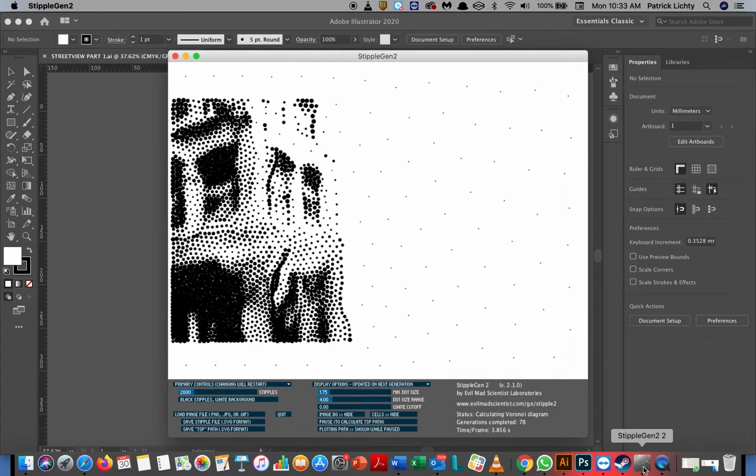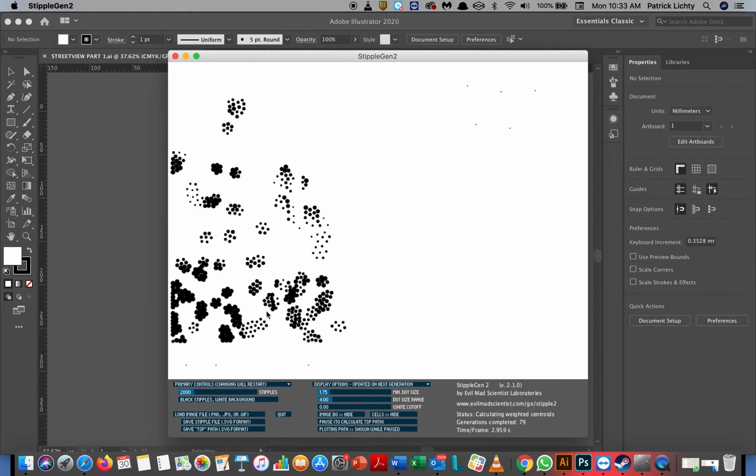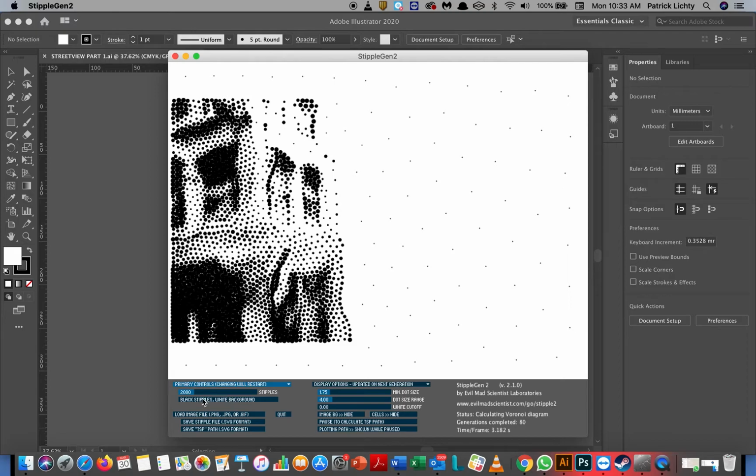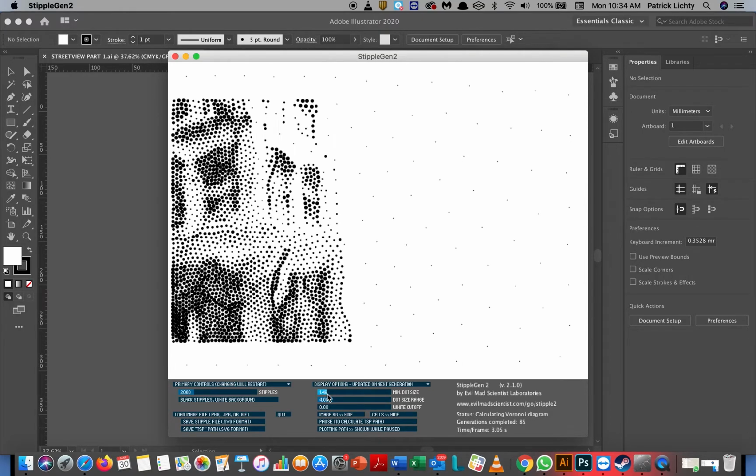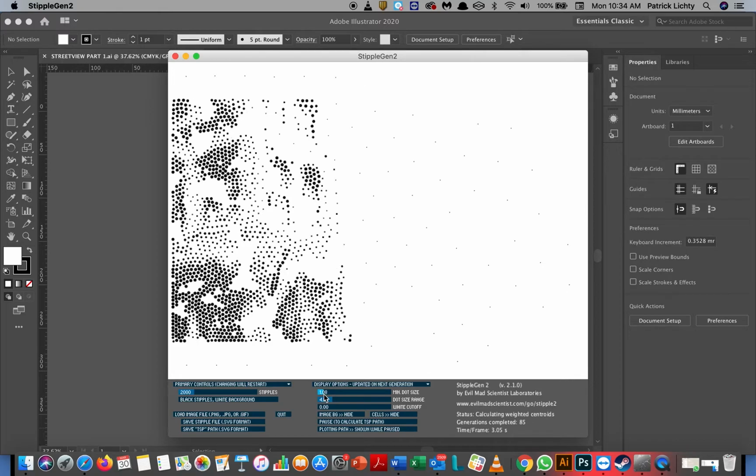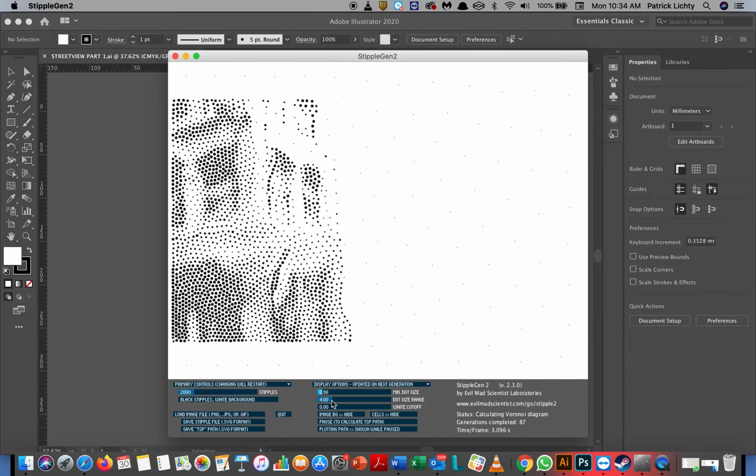So let's go over here to Stipple Gen, and you can see that I already have the left-hand side loaded, and it's at 2,000 stipples down here, and that's okay. Really, what I want to do first is play a bit with the range of size, because when you play with the minimum dot size and the range of size, it gives you something that's a lot more similar to a